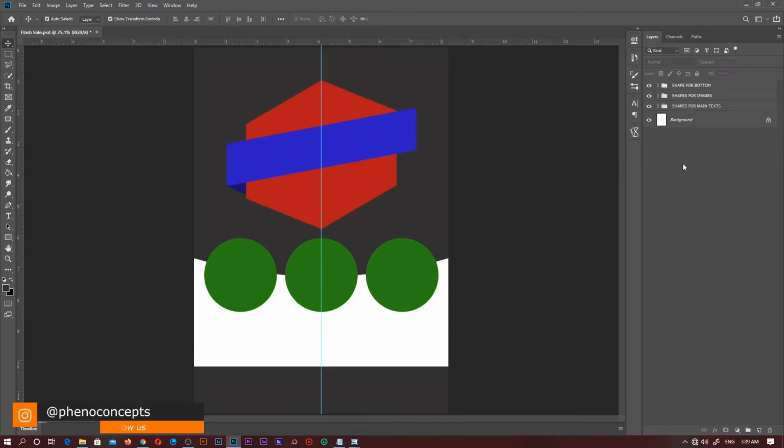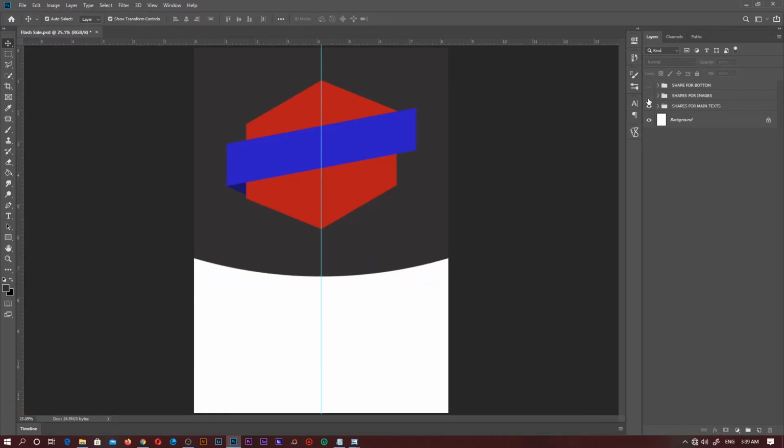All right, so the colors I'll be going with, as you have already seen in the beginning of this video, is purple and somewhat pink. So let's start changing the colors. So I'll start with these ones. I'll start with the shapes for the main text. So the circle,